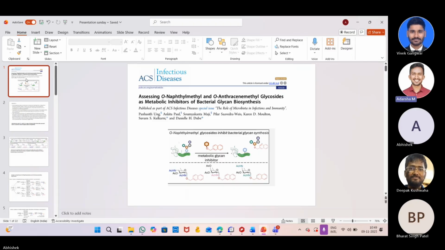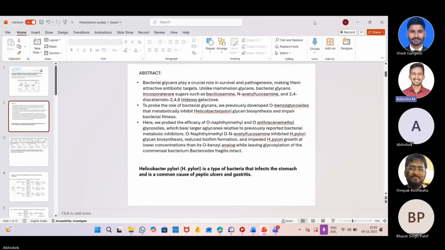So basically, these different substituted sugars are there, na? So that sugars are usually there on the bacterial surface also, right? This glucose, bacillus, something are there, right? This is introduction. You are saying that unlike our mammalian, bacteria have a different sugars like glucose and all. Hmm. So this kind of sugars already there on the bacterial surface, but whenever you attach naphthalene or anthracene, that time they act as an inhibitor. Yes, yes. So that is the whole concept of this one.